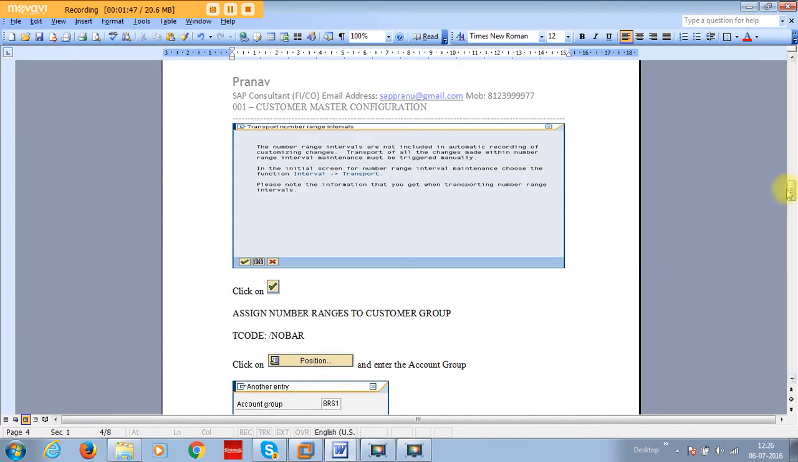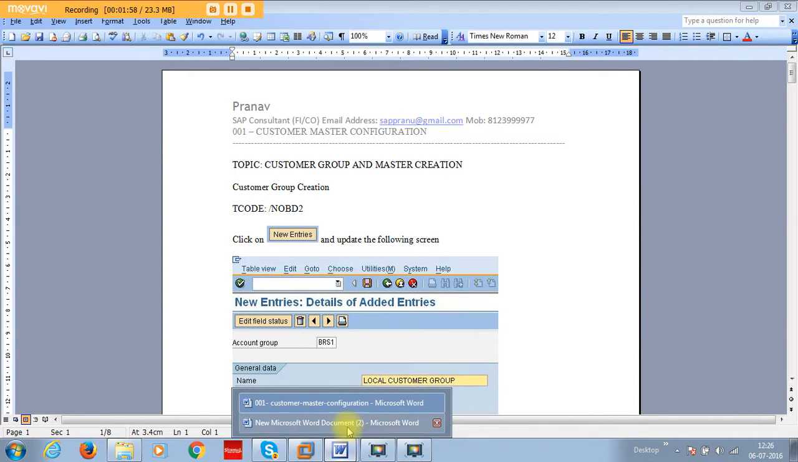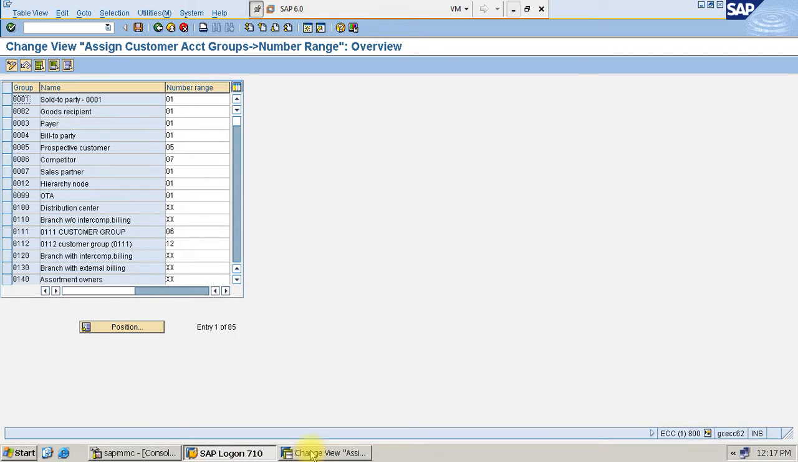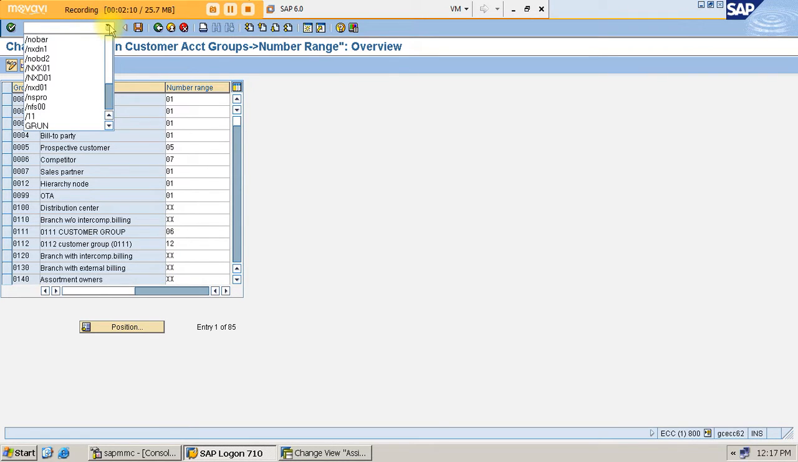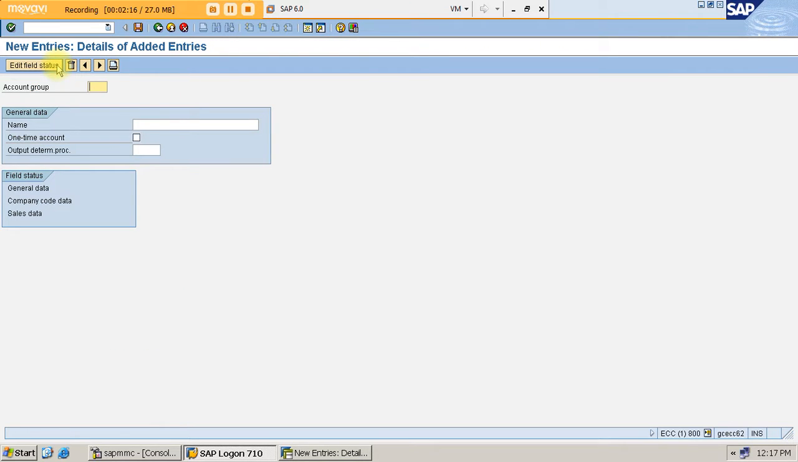First and foremost, you need to create the customer groups. The customer groups will be created in OBD2. In this particular scenario, we need to create 4 zones. How to create the 4 zones? Please come to OBD2, click on new entries. What you can do is